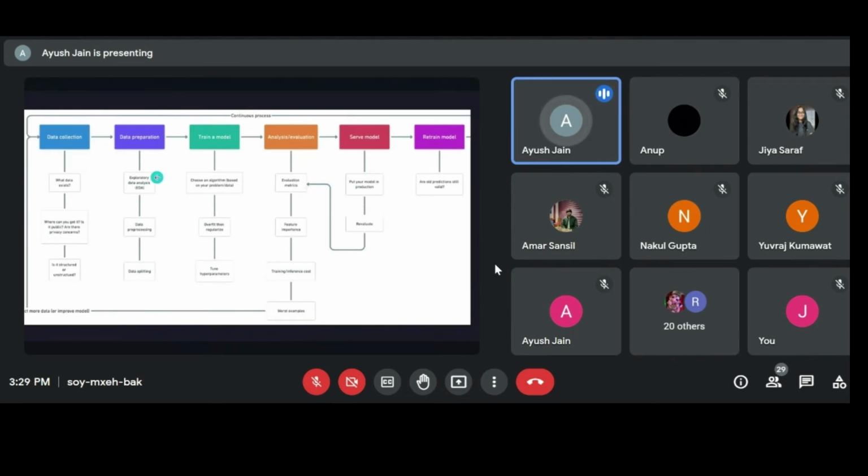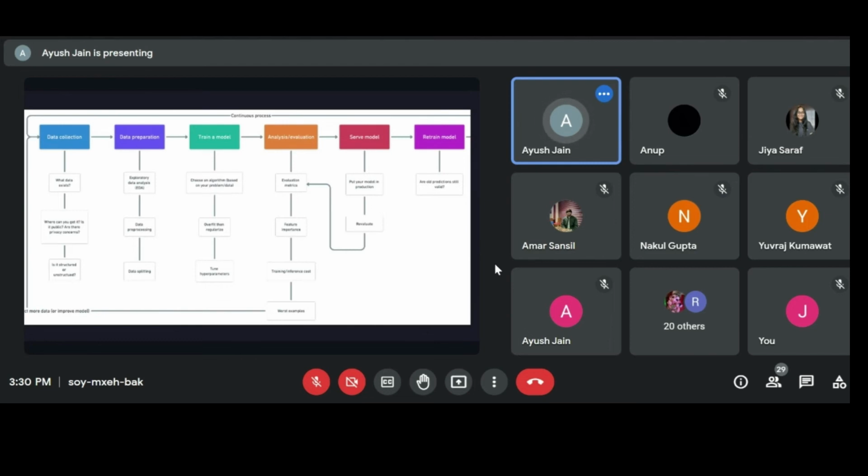Data collection is the first and foremost thing you need to have. Once you collect the data, if you are going into the domain of machine learning, it's not totally your responsibility to collect the data. You will be receiving data from other sources, from some other team also, so it's not your headache to collect the data, but you need to know that data collection is being done, what data exists, and what kind of data is there.